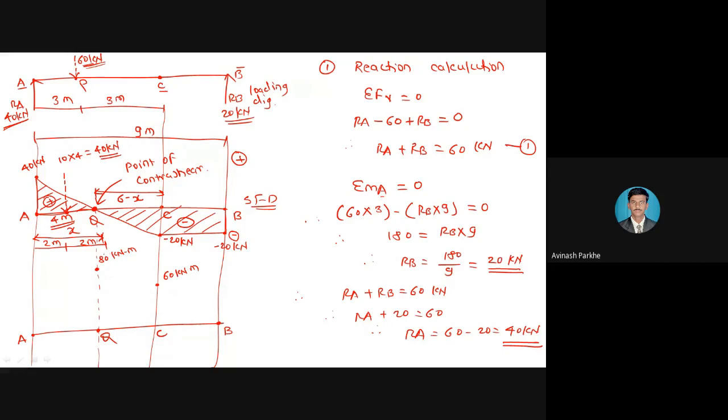But in case of a bending moment diagram, the UDL can be represented by the parabolic curve. So here, this AQ distance I have to draw by the curve. Then between QC, again UDL is there, therefore this is also a curve. And this CB distance, there is no load, so draw the inclined line. From point A to C, all the points are joined by the parabolic curve.